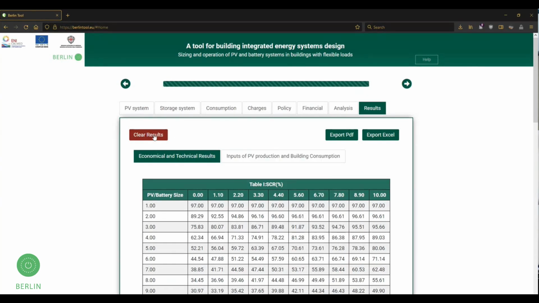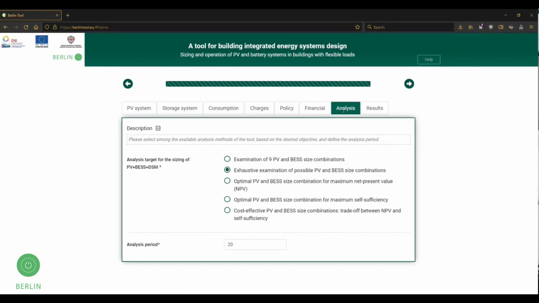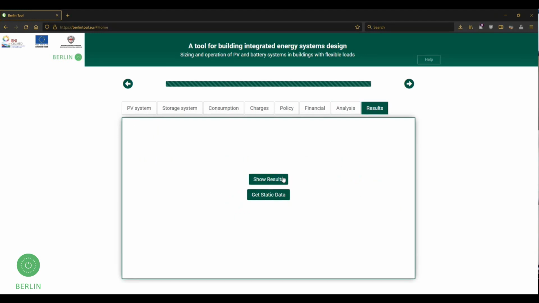Let me clear the results. And this is the cost-effective solution. Let's click the results. This is an interesting one, because if I want to maximize my self-sufficiency, usually this will be achieved by the maximum